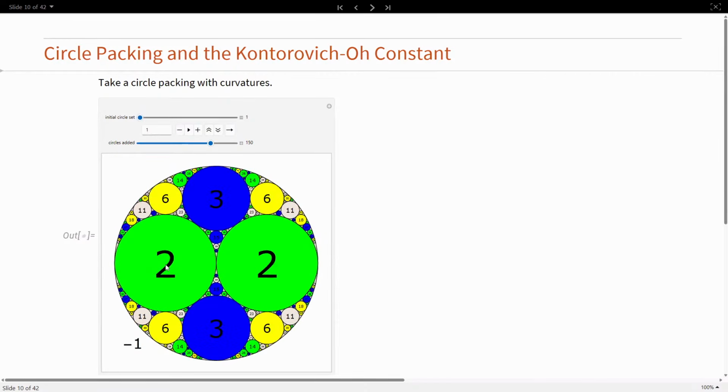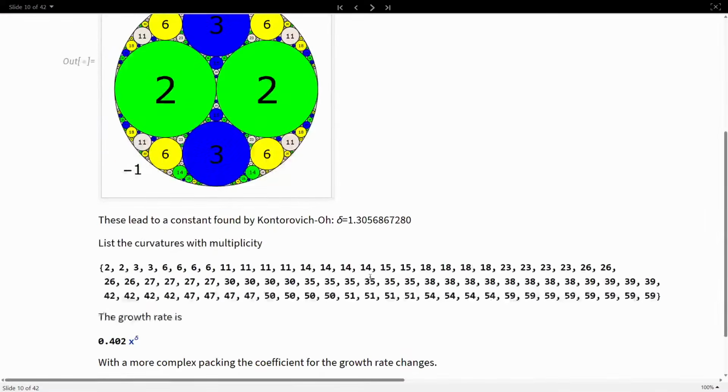So here's the first one. It's a 2, 2, 3, 3, 6, 6, 6, 6, and 4 11s. If we list these out with multiplicity, 2, 2, 3, 3, 6, 6, 6, 6, 7, 11, 11,